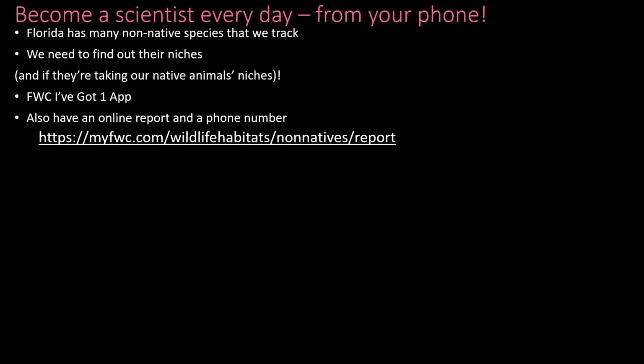And the best way to do that is through this app that we have called the FWC I've Got One app. So the idea is you find a non-native species and you go, aha, I've got one. So that's our app. We also have an online report and a phone number that you can call in or do this online report, but we especially love the app. And you can just search for FWC or search for I've Got One in the App Store, and you can find it there. And the idea is if you come across an animal that you know doesn't belong here,